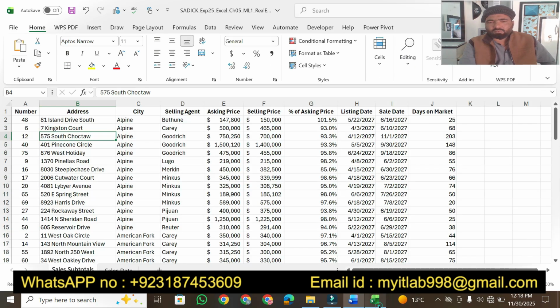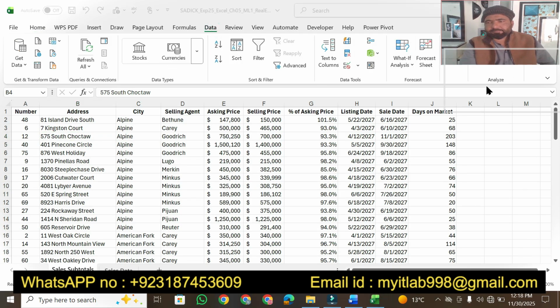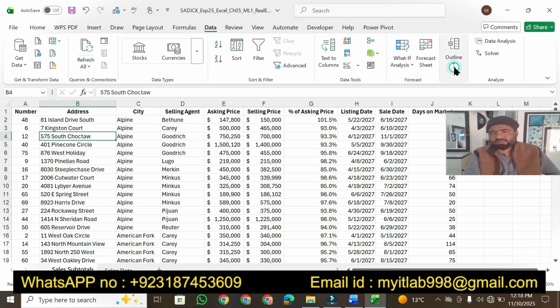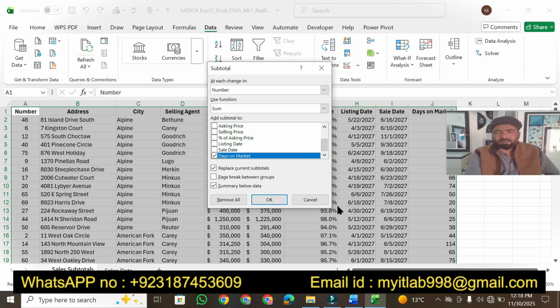So we just move there, click on data, and then there is in outline, there is subtotal option. We have to select that one. Okay,